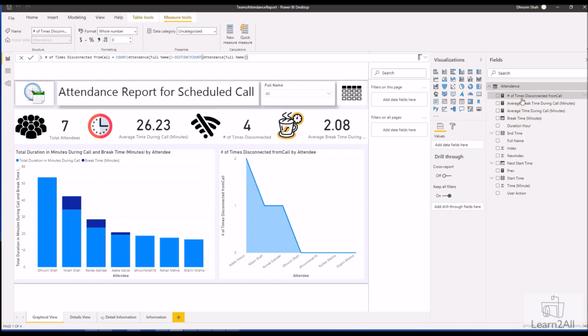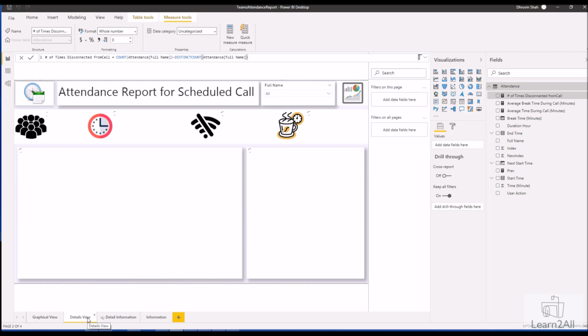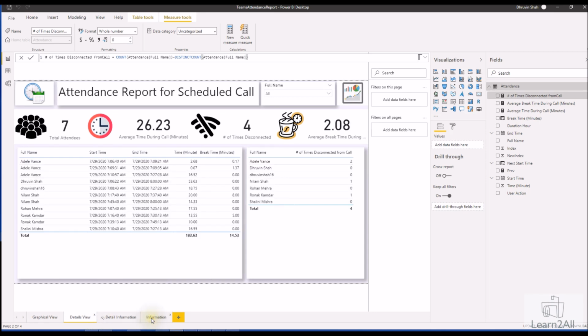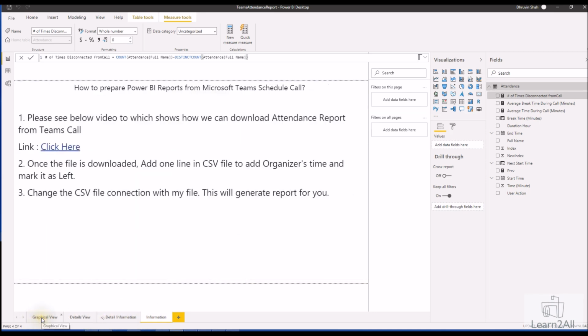Don't worry, the link of this report is available in the description box. You can directly download it from there and explore everything. One more thing, whatever I represented in graphical format, and how it is useful from the end user's perspective, I explained in my previous session. So just go there and check which graph is useful for which thing, how drill through is working, how the tabular view is working. So every piece of information is available there, right?